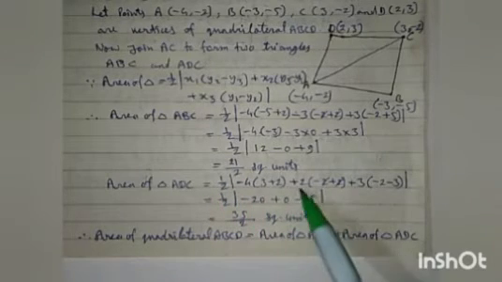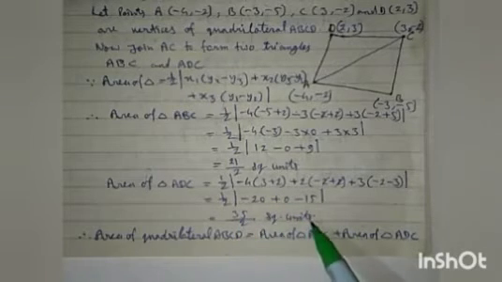Now the area of triangle ADC is equal to half modulus of -4 into 3 plus 2 plus 2 into minus 2 plus 2 plus 3 into minus 2 minus 3, which is equal to half modulus of 3 plus 2 is 5, 5 into 4 is 20, so minus 20, plus here 2 into 0, 0, minus 15, 3 into minus 5, so minus 15. So it is equal to minus 20 and minus 15 is minus 35, and modulus of minus 35 will be 35. So it is equal to 35 divided by 2 square units.